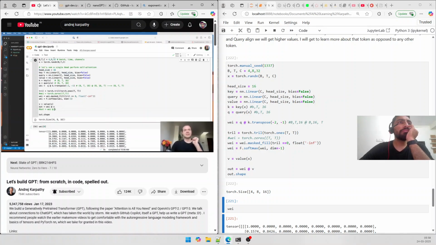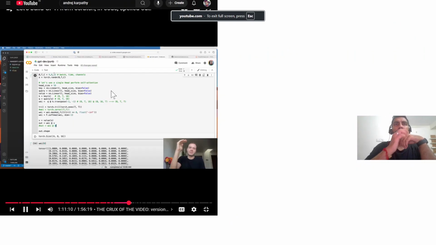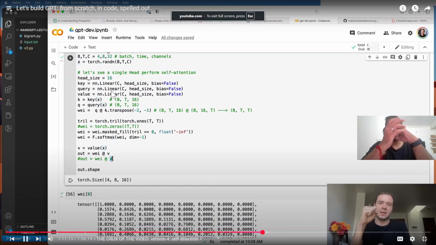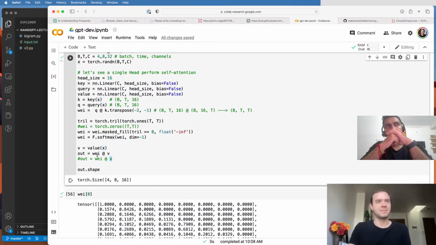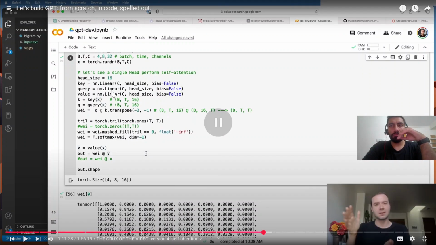So you can think of X as kind of like private information to this token, if you think about it that way. So X is kind of private to this token. So I'm a fifth token at some position, and I have some identity, and my information is kept in vector X. And now, for the purposes of this single head, here's what I'm interested in, here's what I have, and if you find me interesting, here's what I will communicate to you. And that's stored in V. And so V is the thing that gets aggregated for the purposes of this single